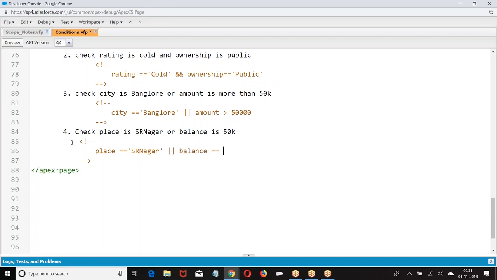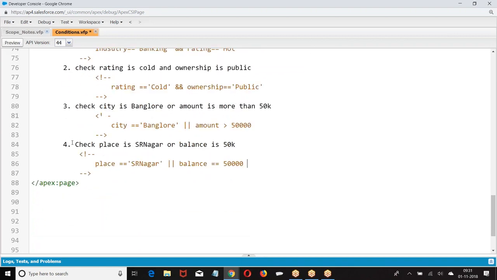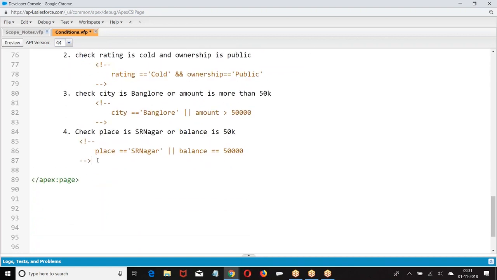Balance equal to. So we are writing conditions, multiple conditions. So let us give some more.